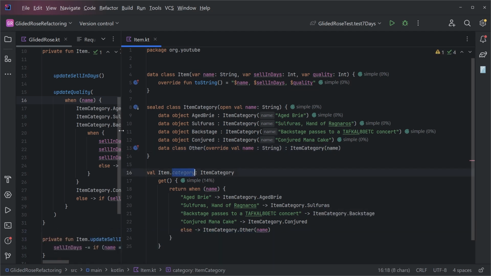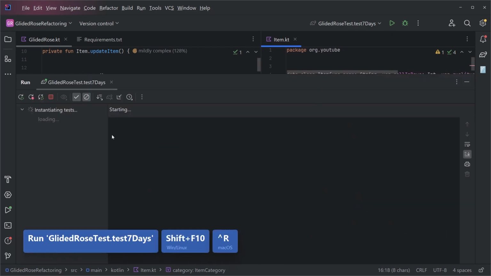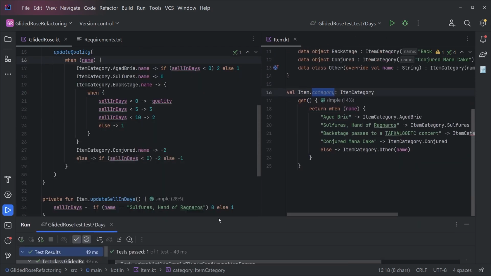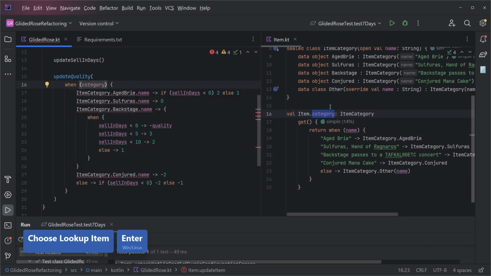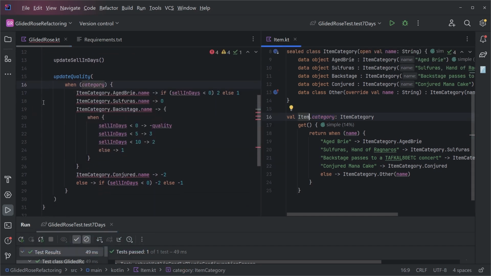Here is the beauty of what we can do with such a refactor. I didn't run the test when I changed this, right? Okay, hopefully they are passing. This shouldn't be, this is the wrong step actually. So here, instead of doing name, what we can do is use category directly, because category right now is an extension of item. Here's the thing, we can make sure, okay, what's that? Exactly, we don't need the name here. We can delete that. The only remaining thing,